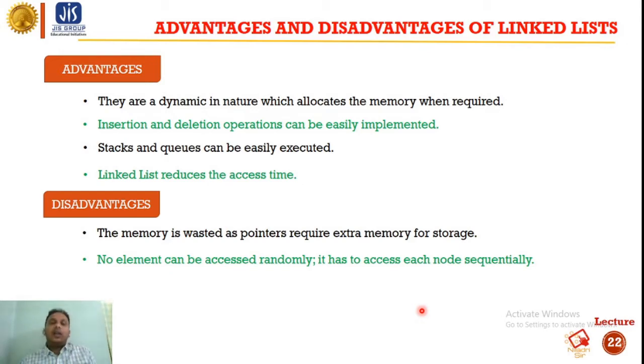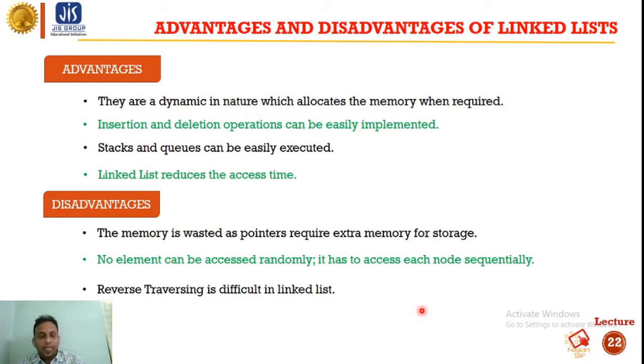So we cannot go to the next second node randomly. This reverse traversing is difficult to link. Suppose we are in node 3 and we have a short memory, like in the movie Ghajini, where he has very little memory. If we are in node 3, there is no address from node 3 by which we can go to node 2.